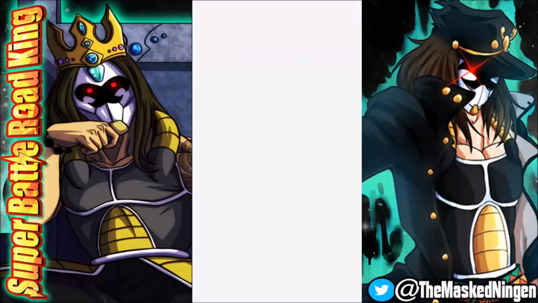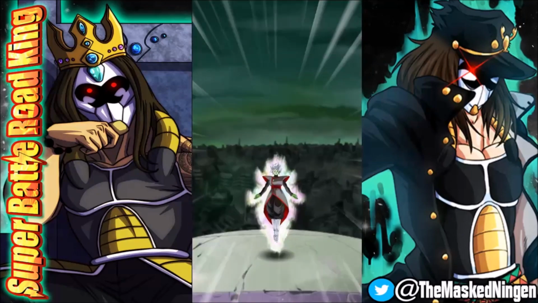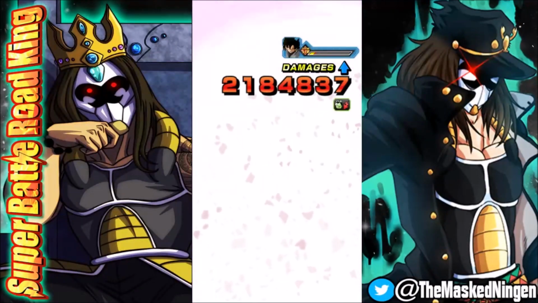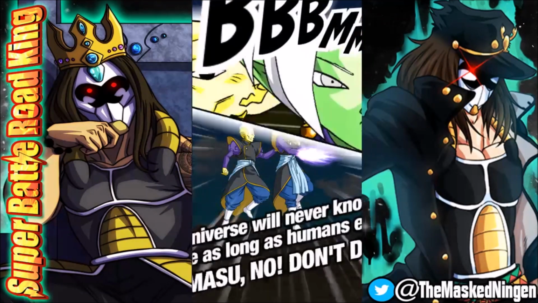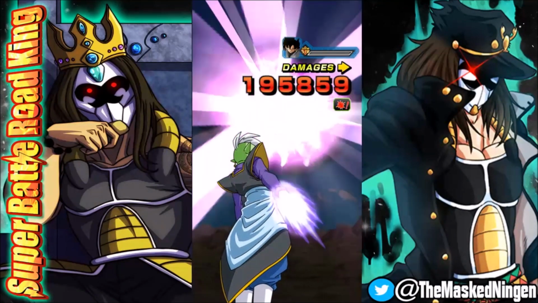So... But yeah, Zamasu should be all good to take out Goku Black here. And obviously, because we're going to deal such a huge amount of damage because of the type advantage hit, this should basically be a full hit. Wow, we didn't finish him off. Okay, well, we're at least going to seal him here so he can't super attack Gowasu. But...